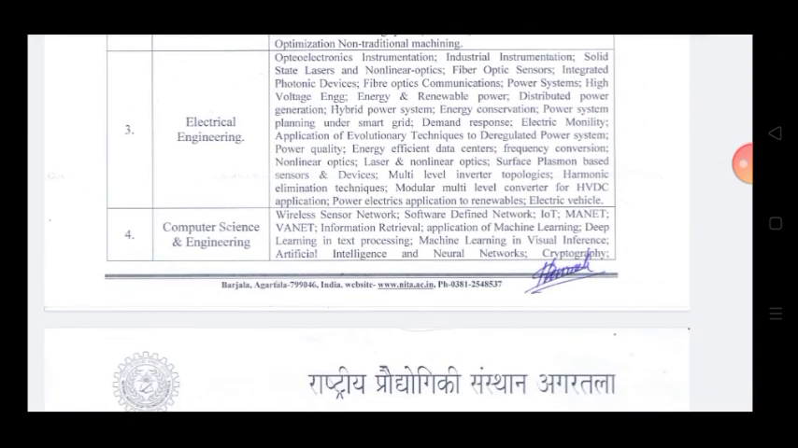Third department, electrical engineering. You can select areas in optoelectronics, instrumentation, industrial instrumentation, solid state laser and non-linear optics, fiber optic sensor, integrated photonics devices, fiber optics communication, power system, high voltage engineering, energy and renewable power, distributed power generation, hybrid power system, energy conservation, power system planning